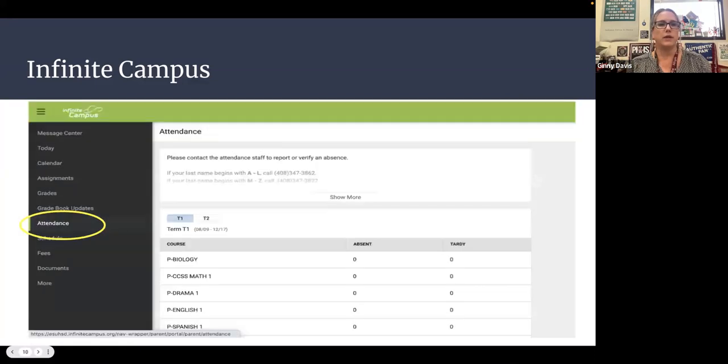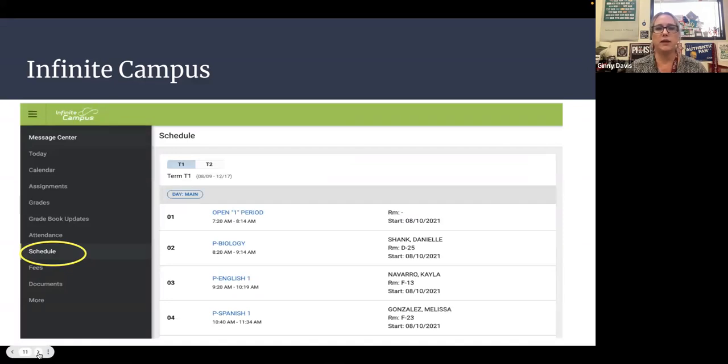All right. What you definitely, no matter what grade book they're using, attendance is taken in Infinite Campus. So you can check kids' attendance. This kid that we have as an example probably is not a good example because they had perfect attendance. But if you wanted to see, like, if you get a call, I know when you get the robocalls, it says that your child has missed one or more periods, you can look in Infinite Campus and see which period they missed.